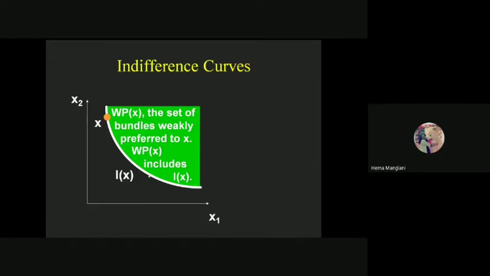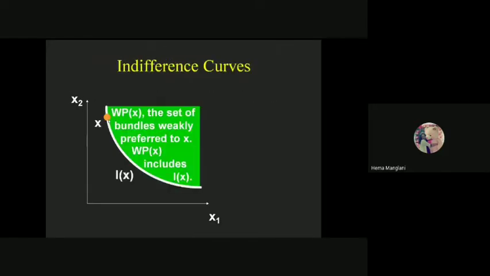The one is which is the inferior bundle. The other one is that the bundle X includes other bundles which are lying on the same indifference curve. Then we have a strong preference. For the strong preference of this X bundle, the set of bundles strictly preferred to X does not include this IX. So here it is not including this IX, and in the previous it includes this IX. So sometimes here what is happening is that it is now giving you a strong preference.